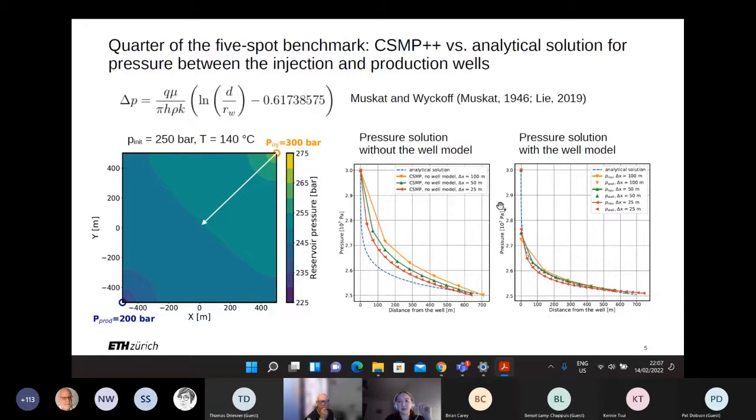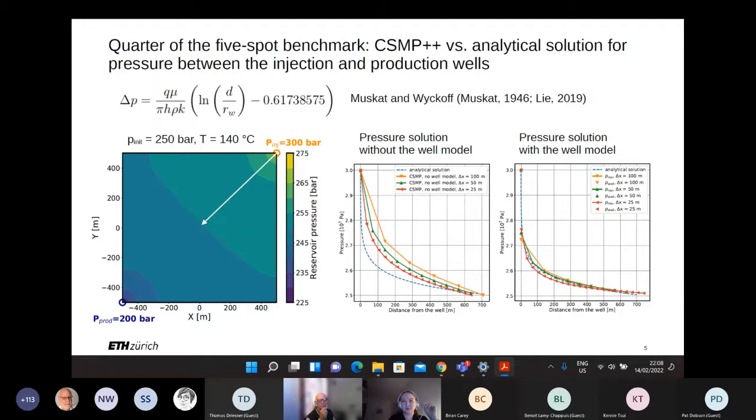And on the right here, I've plotted the results using the well model, the Peaceman-like well model. And we see that by using well pressure and reservoir pressure at those 2 nodes, we can capture the increase in temperature near the injection well, and the numerical results are much less mesh size dependent than without the well model. So with that, we now apply it to